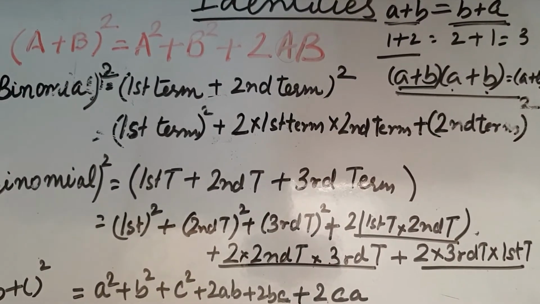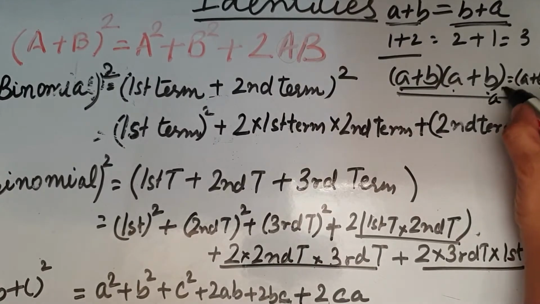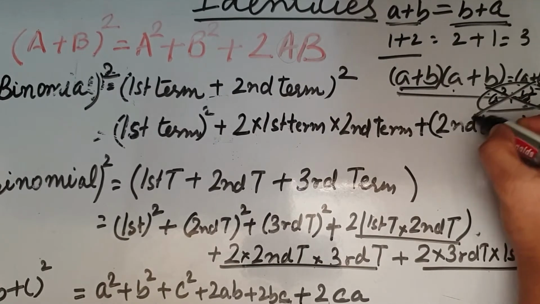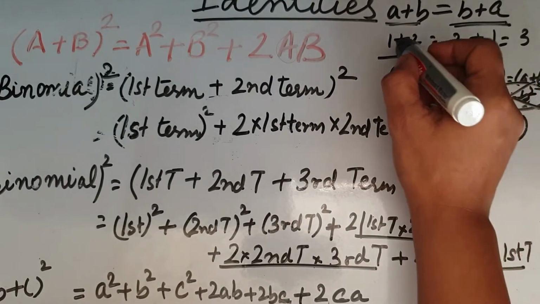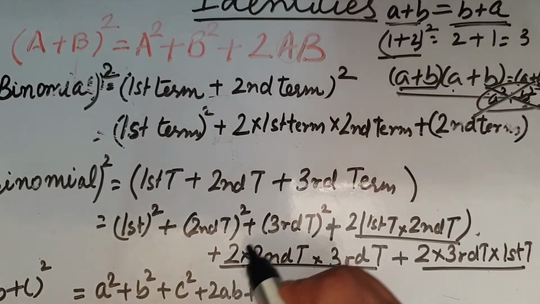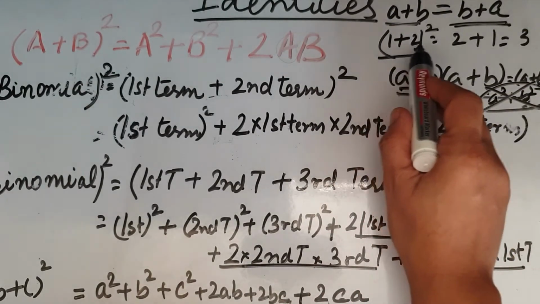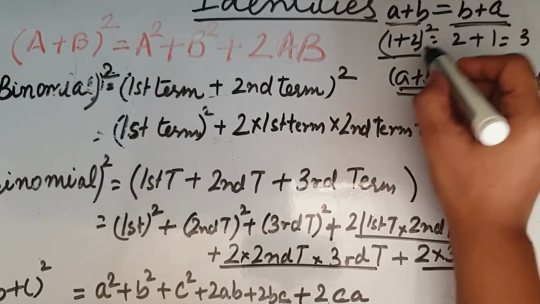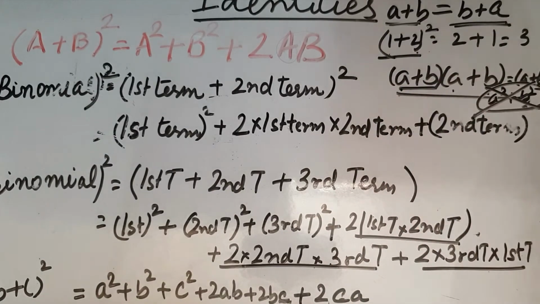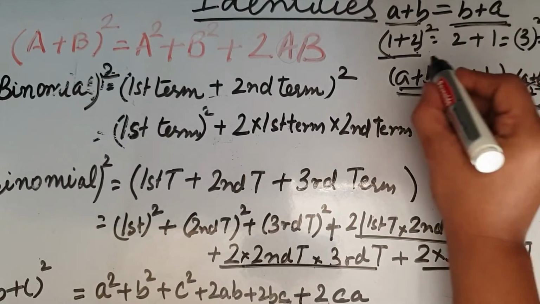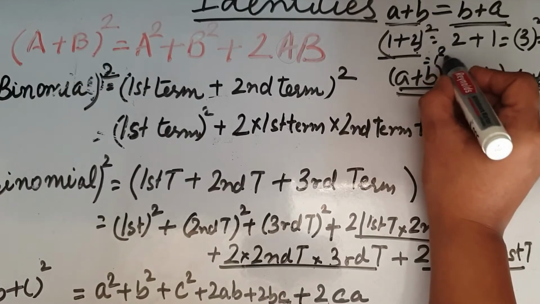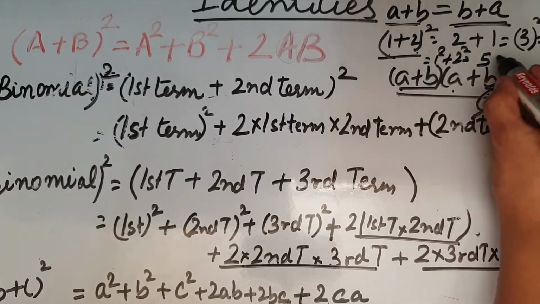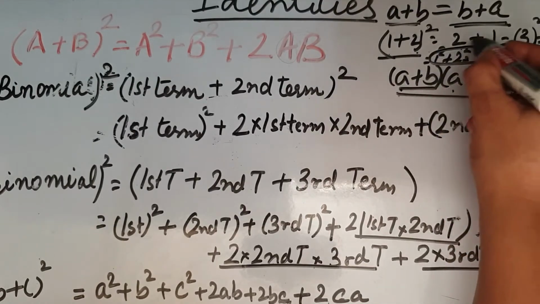Binomial square will not simply be a square plus b square. We will be wrong in doing this. It doesn't mean the same. For example, if you take 1 plus 2 whole square, and if it is 1 square plus 2 square, it will be 1 plus 4, that is 5. But the actual answer is 3 square, that is 9. So you are missing out something. If we go with this method, 1 square plus 2 square is simply 5. It means that it is not the same. So this is a wrong method.